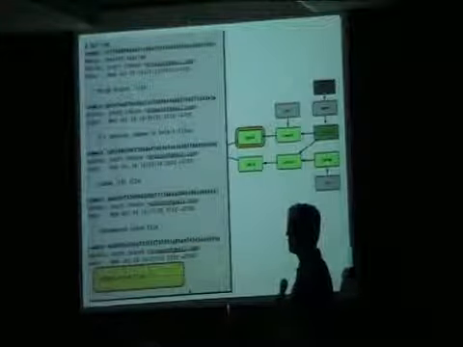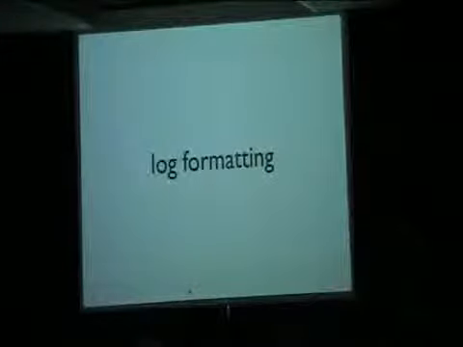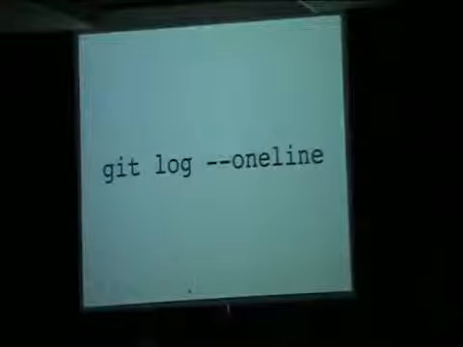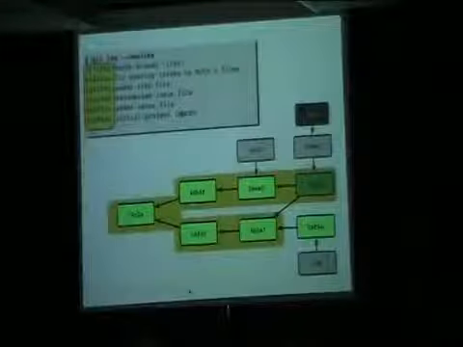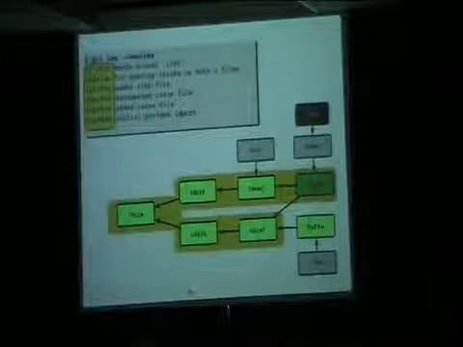Now, it gives you the SHA, gives you the author as they identified themselves when they ran the commit, the date they did that, and then the message that they added. Okay, so now there's a couple different things you can do. One is you can do --oneline, which gives you that same history in one line per commit. So this is a much easier way of looking at large